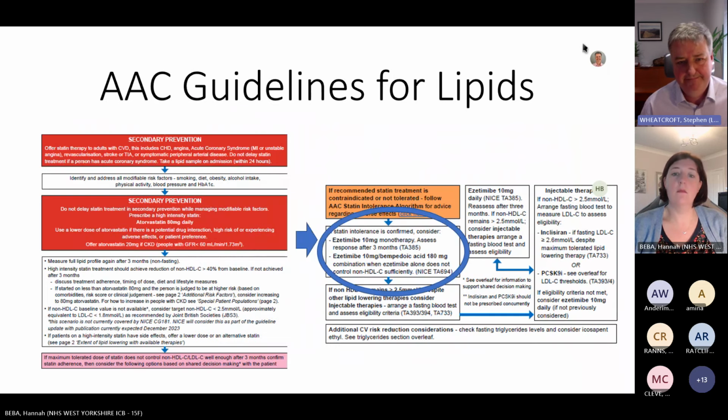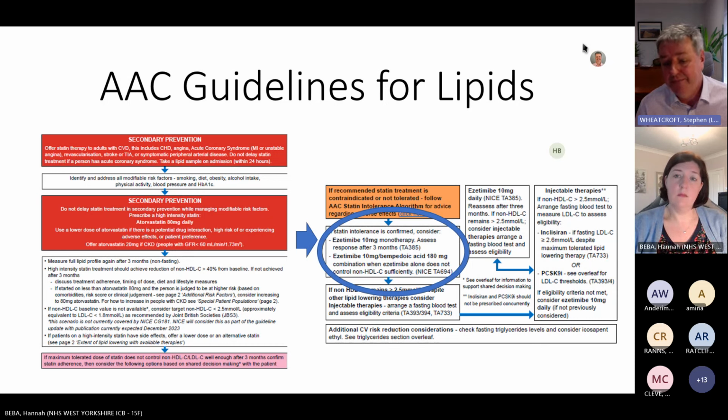Next slide, please. So in terms of lipid management, again, this is a common scenario. I think we all see patients like this virtually every day, where they previously tried statins and they're labeled as being statin intolerant. And I think the first question is, well, are they really statin intolerant? And what have they tried? And what were the side effects that led them to discontinuing statins? And then the second thing is, what are we doing, assuming they are truly statin intolerant, in terms of managing